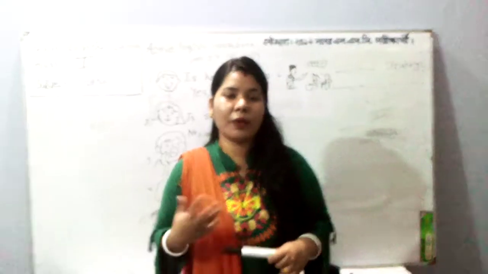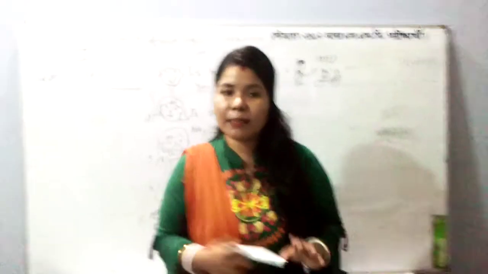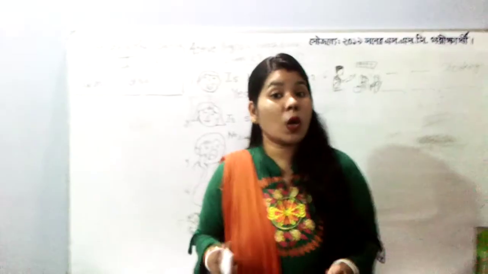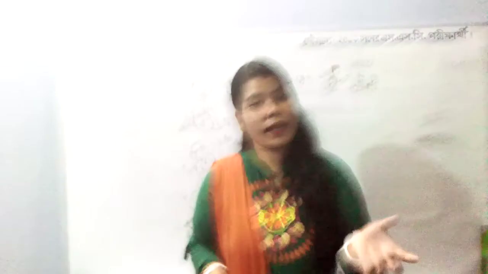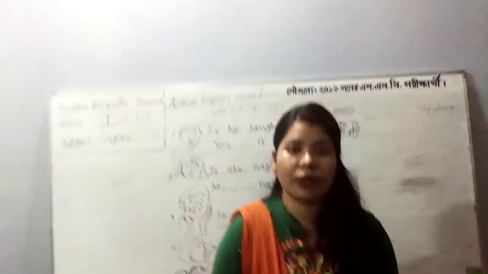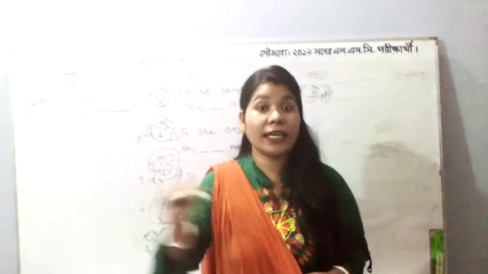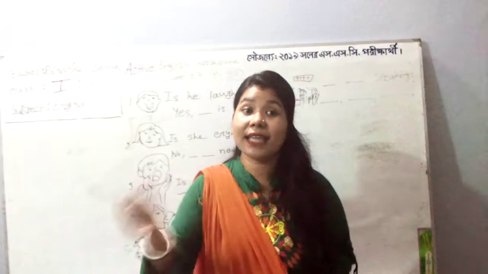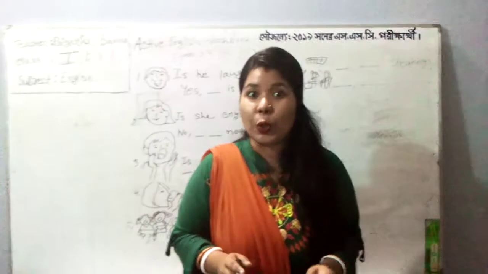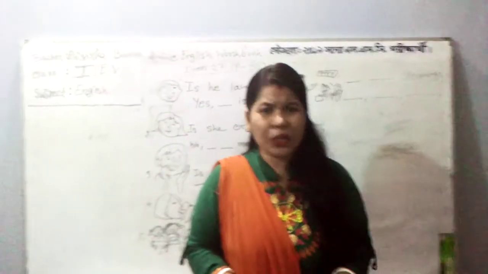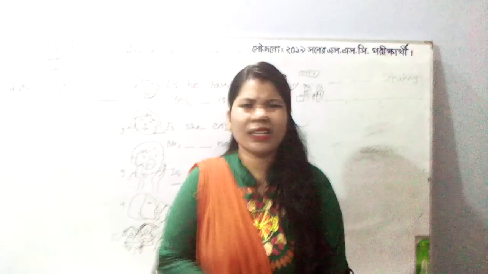Like if you are being asked something, that is, is she doing that, is she doing this, if it matches the picture, you have to write yes she is, or he is. According to the pronoun being asked, you have to put the correct pronoun, and along with it the correct auxiliary verb. If it is a yes, then you write yes it is, yes she is, yes he is, or yes they are. But if it is a no, that means it doesn't match the picture, you have to write no it is not, or no she is not, or no he is not, or no they are not.